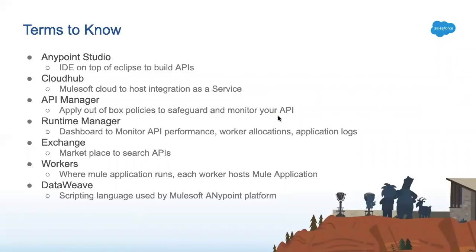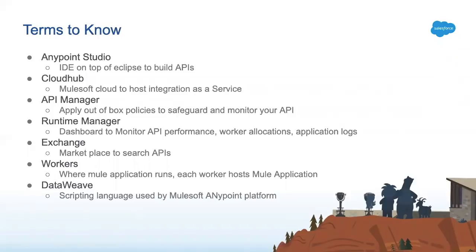If you want to win today's game, here is the clue. Understand this. When you start, there is a lot of terminology and a lot of things going on in Mule, and you need to understand what the different things in Mulesoft are. First, Anypoint Studio is an IDE, a plugin built on Eclipse, where you develop your actual code. Cloudhub is the cloud version. I told you it changed itself from middleware to iPaaS. iPaaS means if you have written any code and you don't have your own server, you deploy it to Cloudhub. Cloudhub is the Mulesoft cloud.